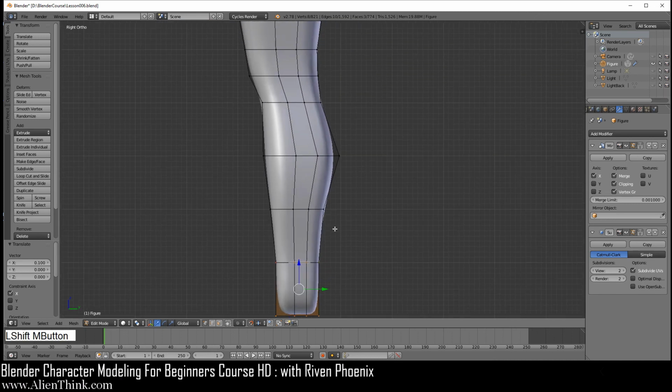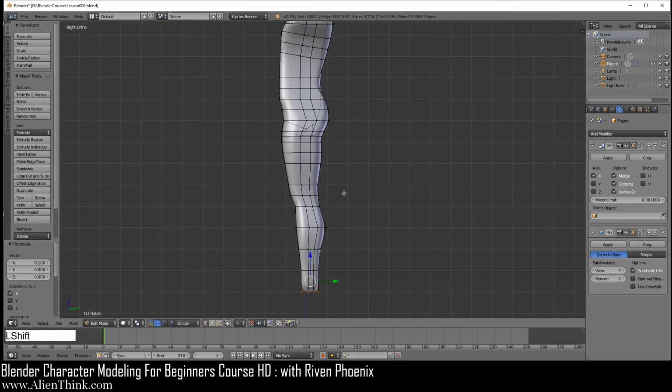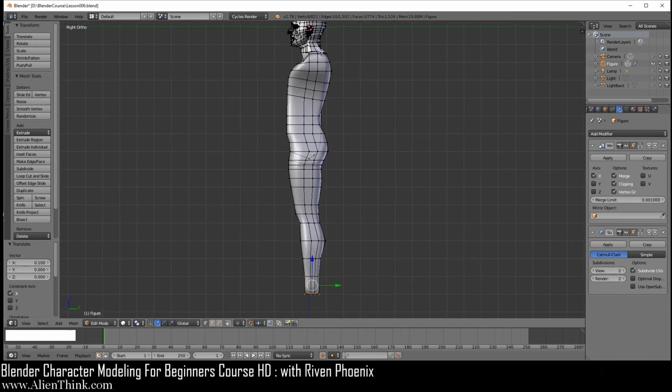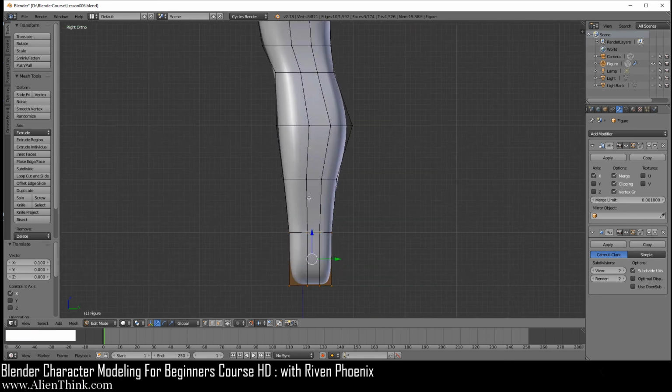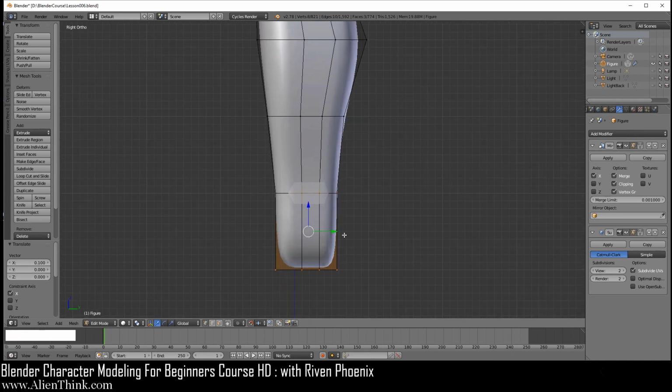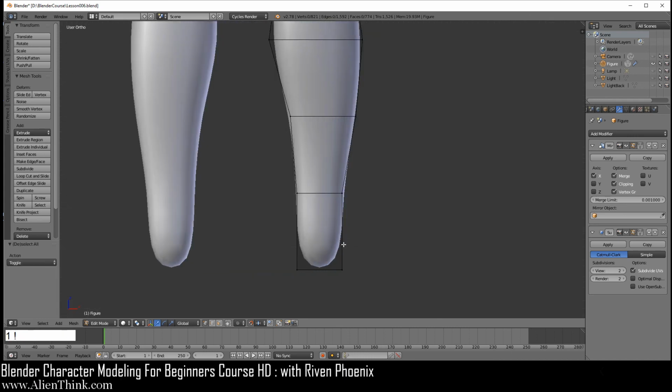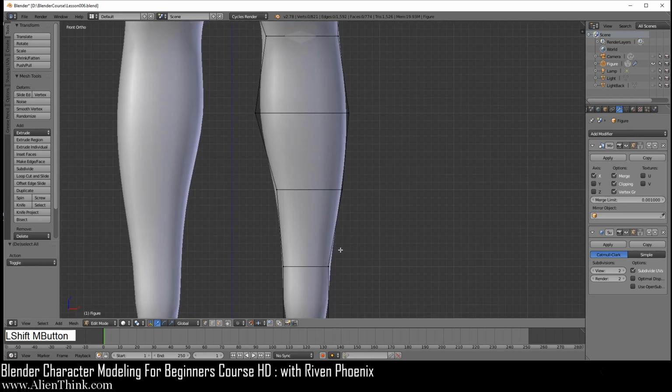So if I look at it from the right, you can see what we've got is the calf muscles over here. And you can see that what we've done is defined all the landmarks to give us that realistic version of the basic structure of the human figure. Okay, A to D select. So what we need to do is zoom in over here.